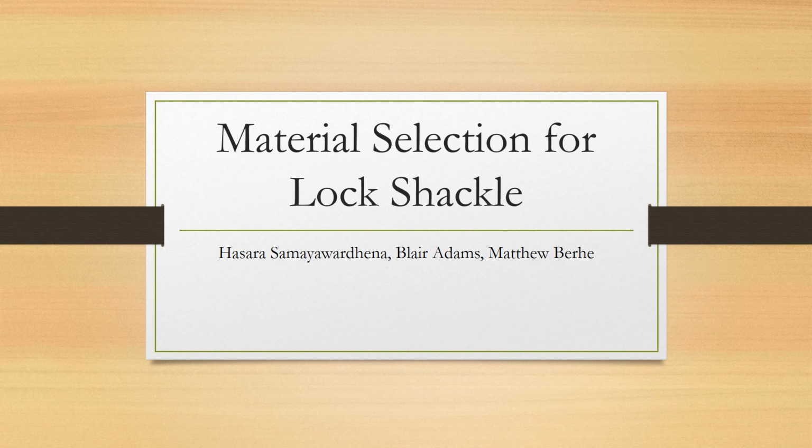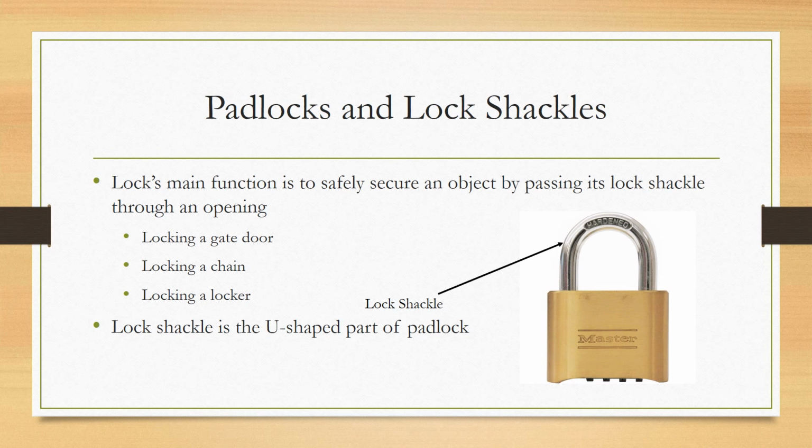For our material selection project, we were asked to examine the lock shackle on a padlock in the class of steels. So the padlock's main function is to safely secure an object by passing its lock shackle through an opening. The lock shackle is the U-shaped part of the padlock that you see on top and that actually clicks and